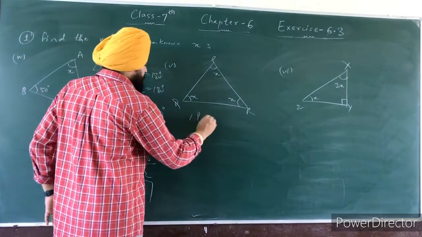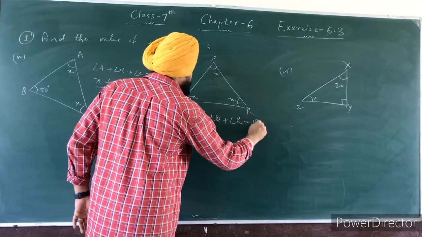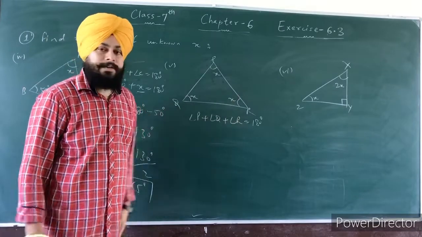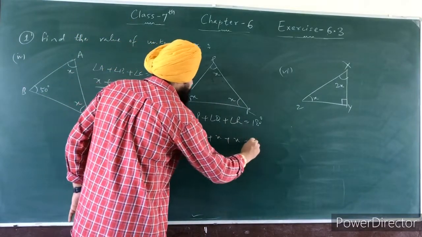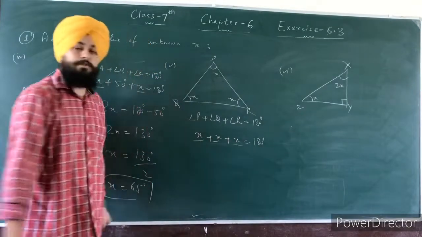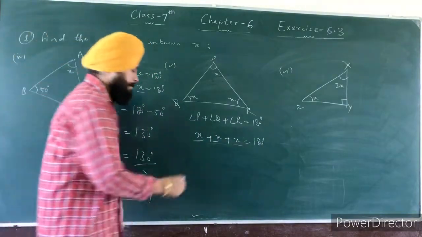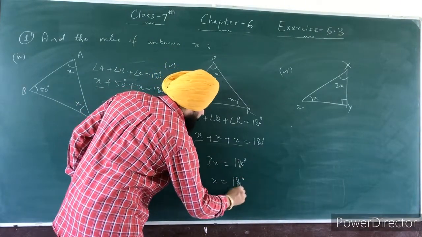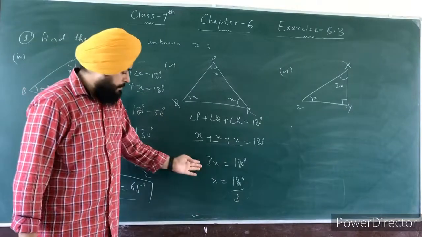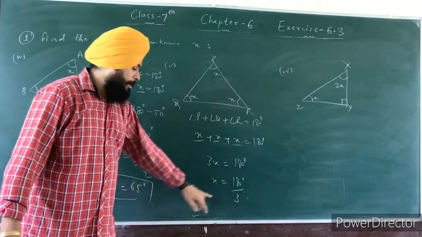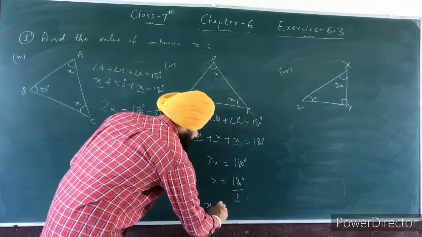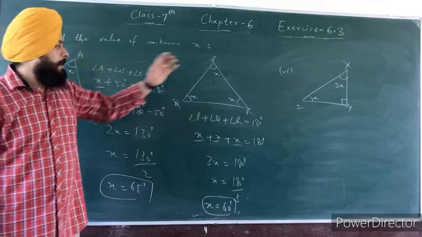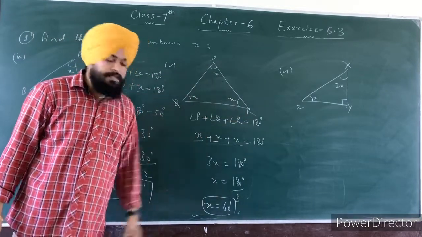So you can write here angle P plus angle Q plus angle R is equal to 180. So measure of angle P is x, Q is again x and R is also x. So you can write here x plus x plus x. If you add x three times, then it is 3x. Alright. So 3x is equal to 180, or x is equal to 180 over 3. Take this 3 on the right hand side, it divides 180. Now 180 over 3 is how much? 3 sixes are 18, so it is 60 degree. Therefore, measure of angle P, Q and R, they are all 60 degree.